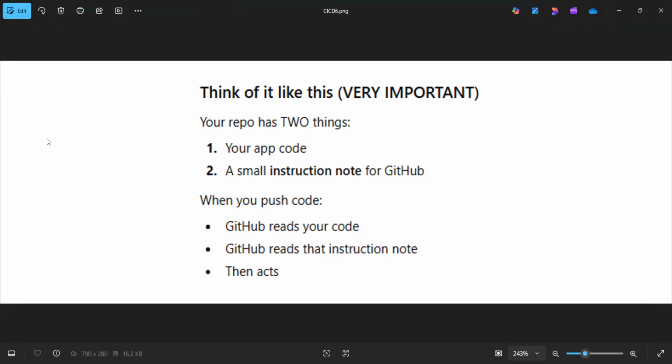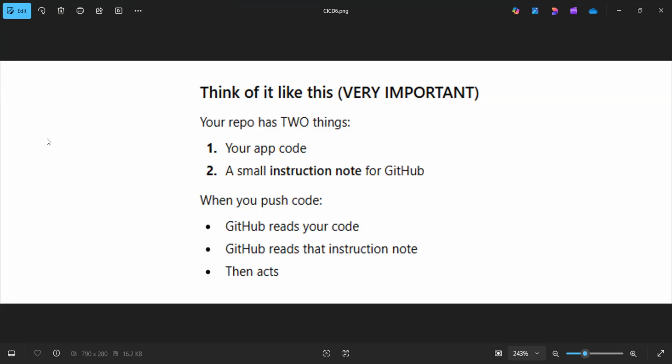Same, GitHub Action reads instruction only in a .yml file. Whenever we push our application, it reads the instruction like to build the code, to deploy the code, find error,